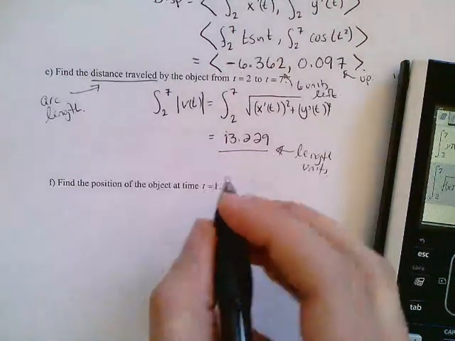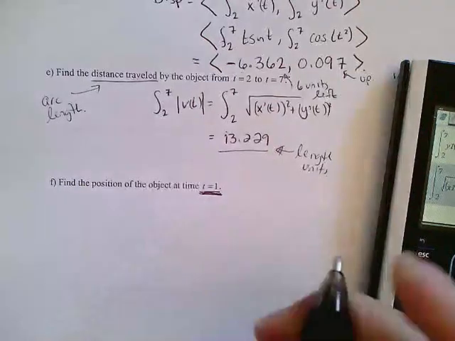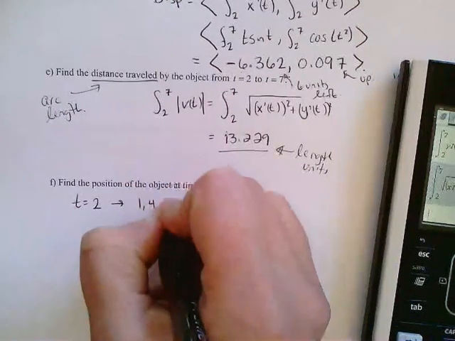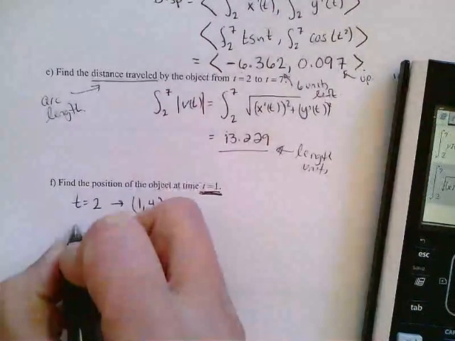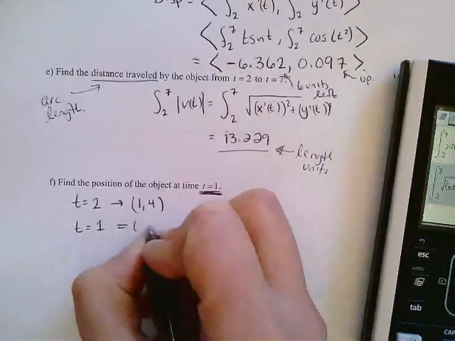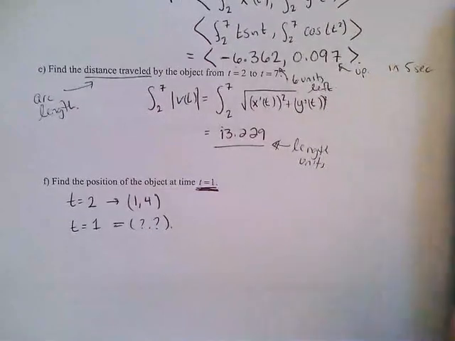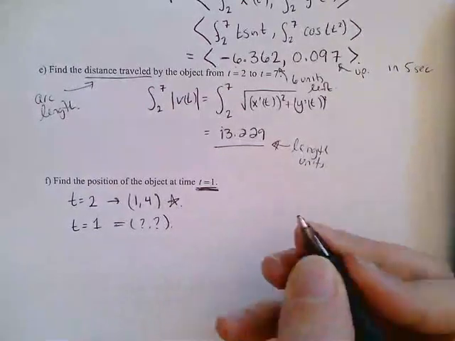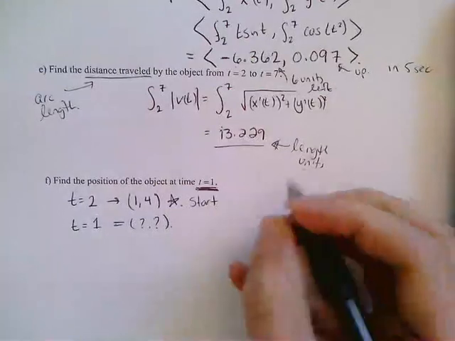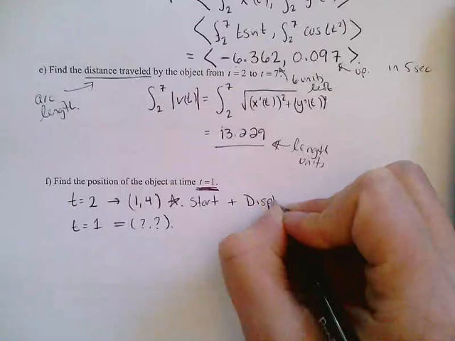Now find the position of the object at time t equals 1. So now we are finding a different position. We were told that at t equals 2, the position was 1, 4. The question is, at t equals 1, where is the position? So we have to take the information that is given to us, where the position started, because this was the start, and we are going to add the displacement of each component